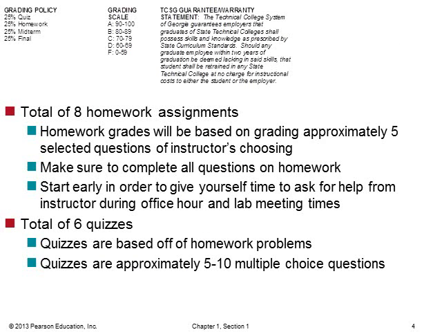As you see in the grade breakdown, 25% of your course grade will be accredited to your quiz score, 25% to your homework scores, 25% to your midterm, and 25% to your final. There will be a total of 8 homework assignments throughout the semester. Homeworks will be graded by myself selecting 5 questions from the homework and grading those. Make sure to complete all the questions in your homework. And start early in order to give yourself time so you can ask questions via the email or during office hours or during lab meetings.